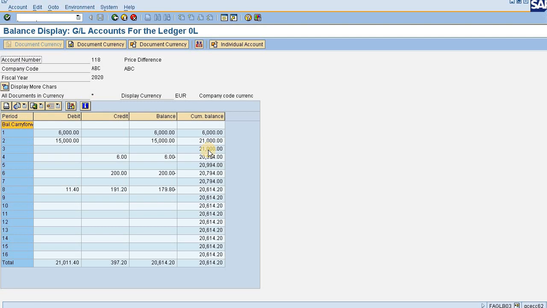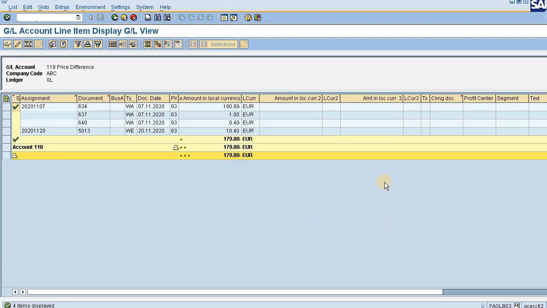It is showing me the period wise report against a particular fiscal year. So I can dig down any period which I want. Say I am digging down this 8th period. In the 8th period, these documents have been posted against this particular GL as chosen in the selection screen.